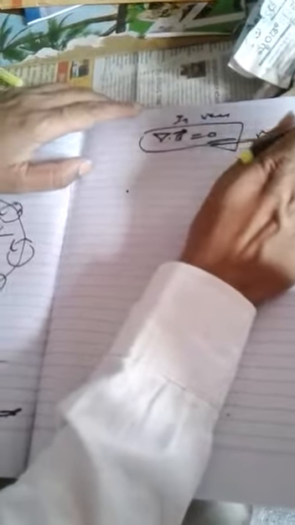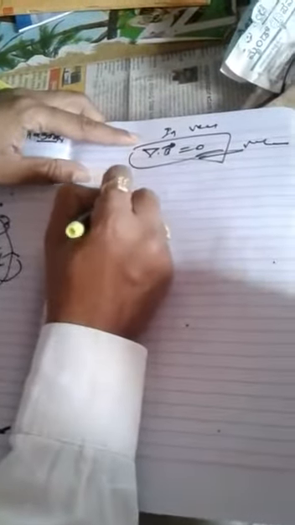Or the same thing you will write in vector form. In vector form, the del means dou by dou x, dou by dou y, dou by dou z in the x, y, z directions, dot B, where B is the magnetic field, is always equal to 0, because we know outward flux is equal to inward flux, so net magnetic flux will be 0. Therefore del dot B is equal to 0. This is one of the Maxwell's equations out of 4 equations.